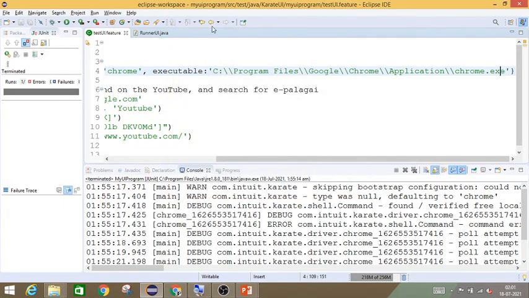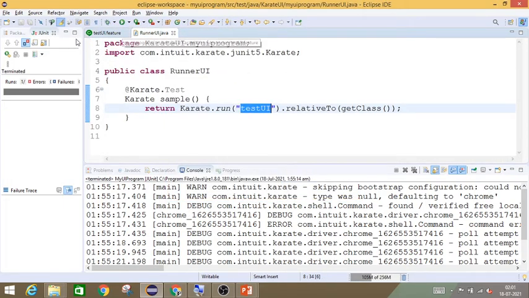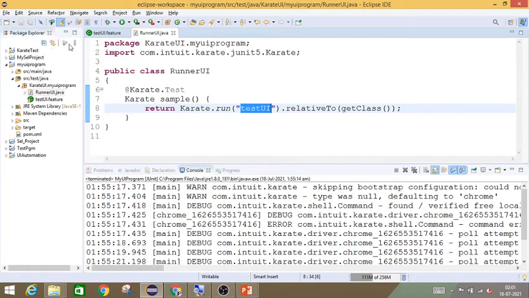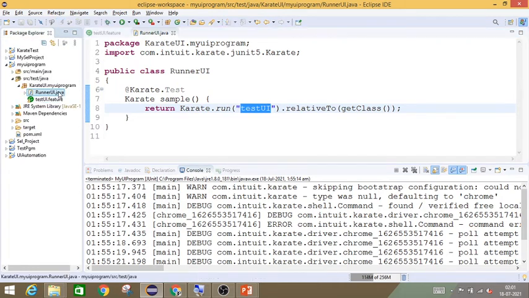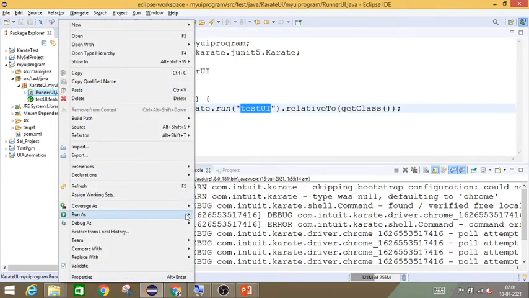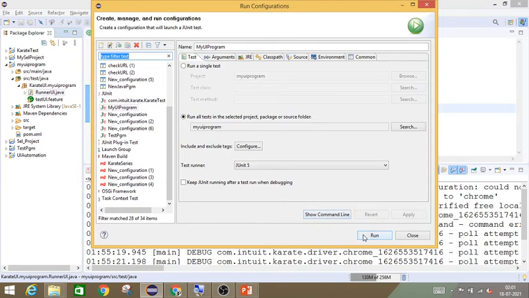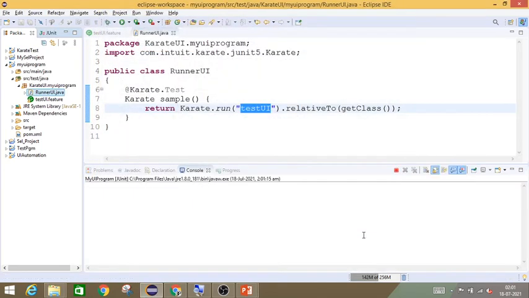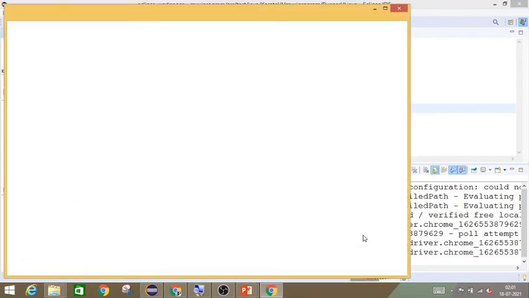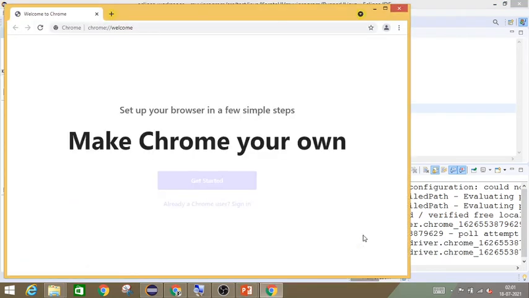Go to the runner, close this, and when you run this program, you can see that Chrome got opened, because you have given the path where the exe is available.